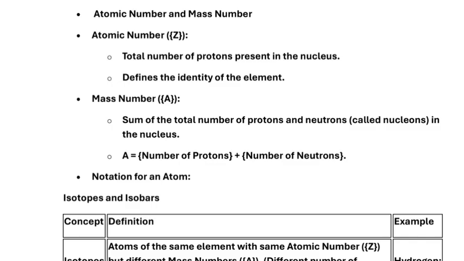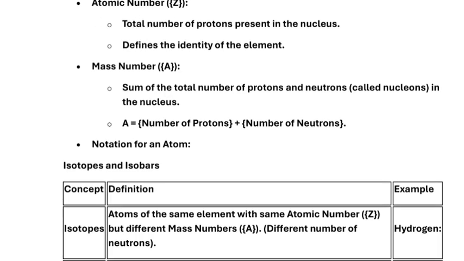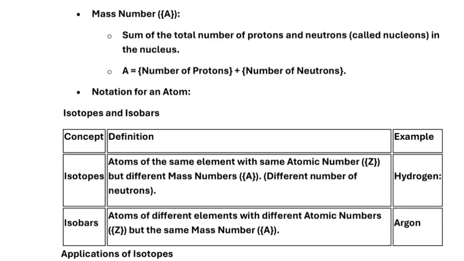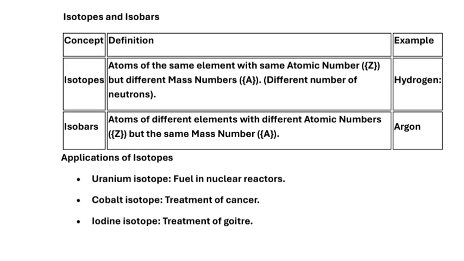Mass number, A: the sum of the total number of protons and neutrons, called nucleons, in the nucleus. A equals number of protons plus number of neutrons. Notation for an atom. Isotopes and isobars: concept, definition, example. Isotopes are atoms of the same element with the same atomic number, Z,